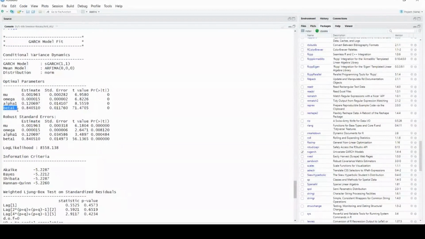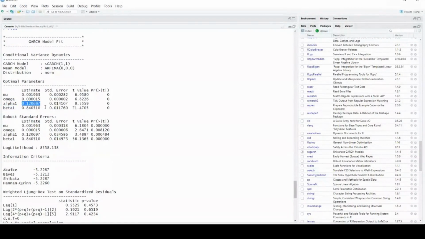That means our present volatility depends upon the past value of the volatility, which is dominating at 84%. My current volatility is being explained by the past volatility, whereas the remaining 12% is being explained by the past value of the error term. I hope this is understood by all of you.